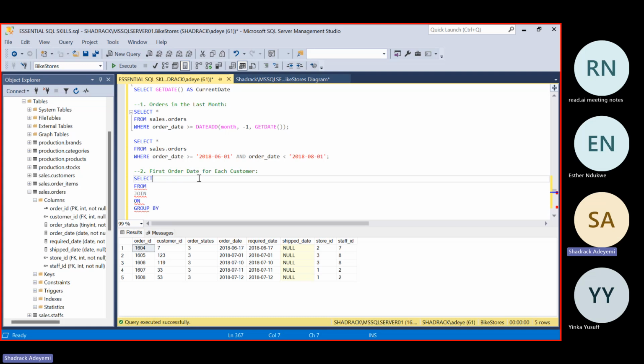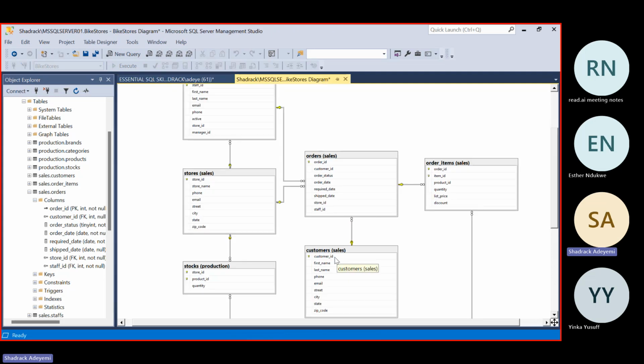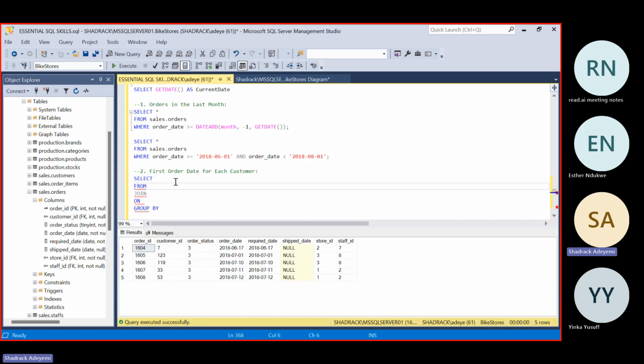So let us say selecting customer information. I'm going to check the relationship between both of them, and it's on customer. The customer ID is the relationship between both tables. So I'm going to say from